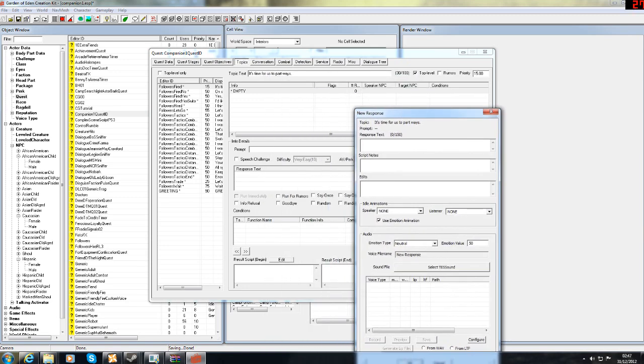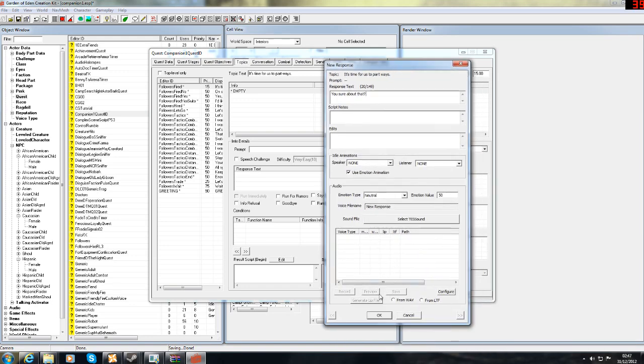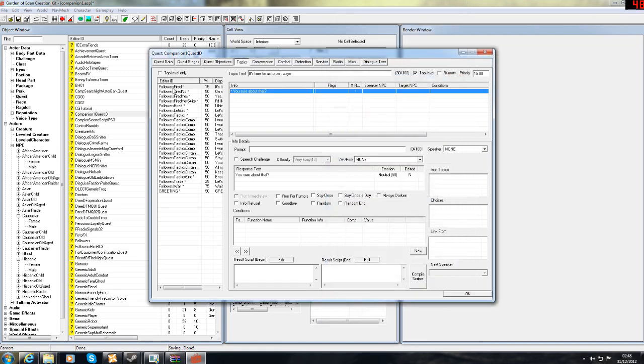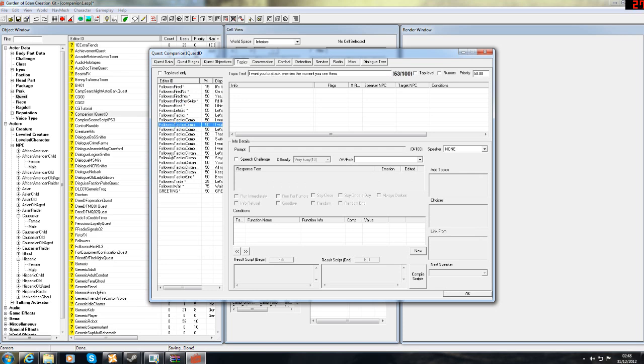Put in whatever you want them to say. This can be anything. Time for us to part ways. You sure about that? Something to that effect. Then okay. Then you put responses for everything here that you'd want them to say. So first one's a greeting. You'd want new